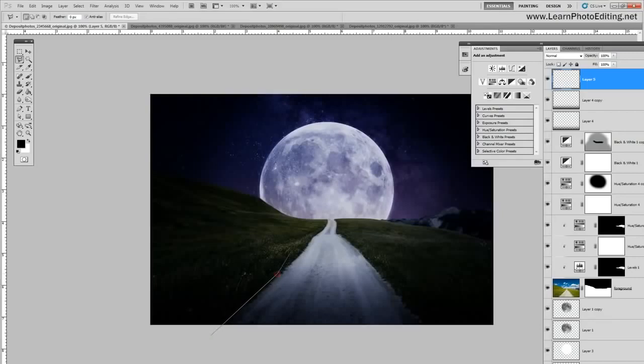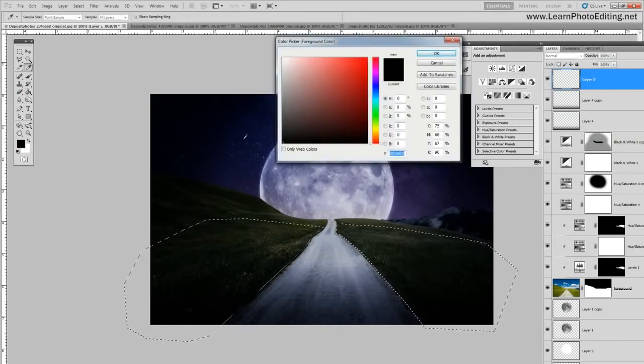I am going to select this part of the grass, as well as this one, and I am going to fill the selection with this color, which is 9EC4EB,